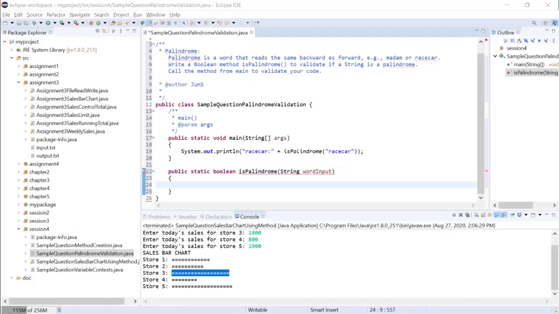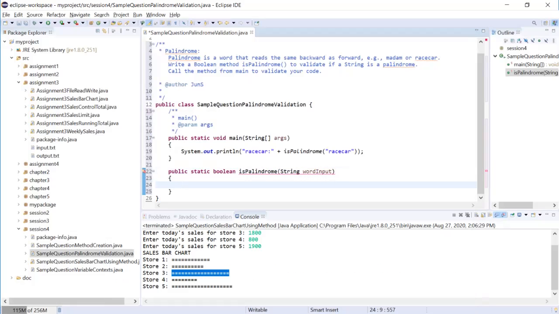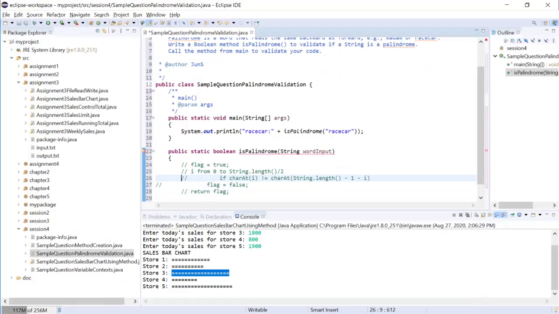And I'm going to copy our pseudocode here. Remember, this is still pseudocode. It's not real Java code, so I do need to add // so that it's not going to cause issues for us. First, flag equals true. We are saying boolean. Then for this calculation, for this for loop,